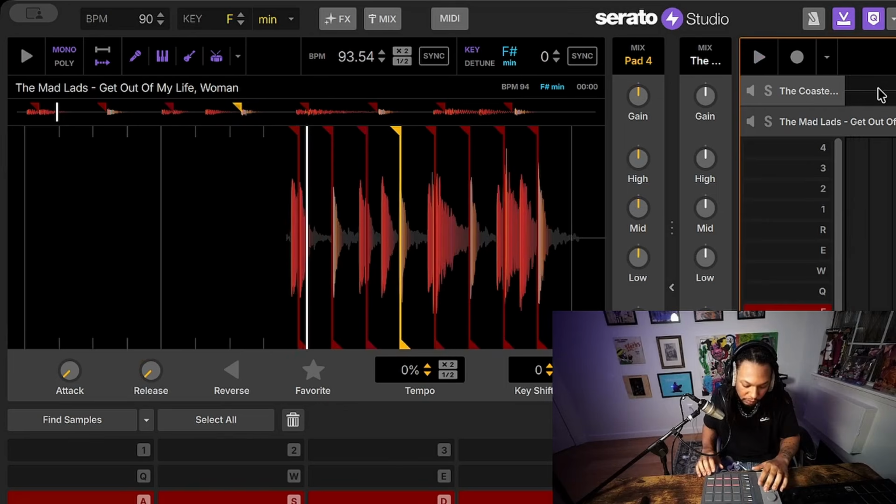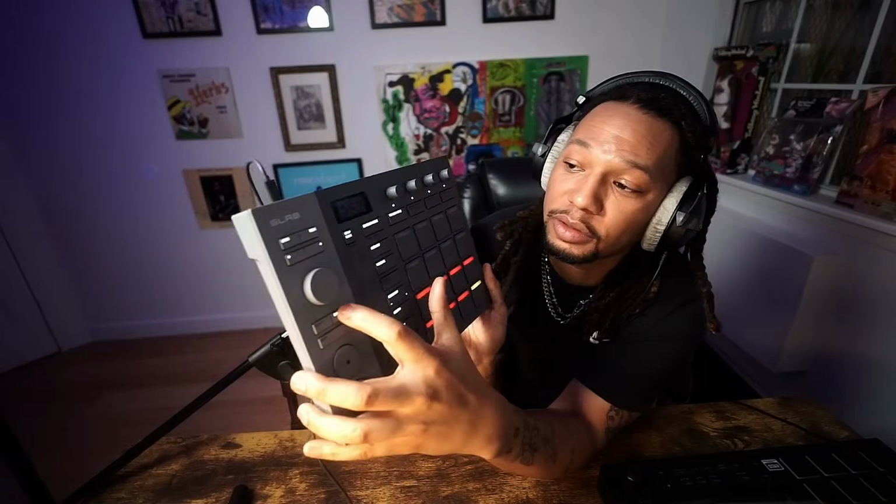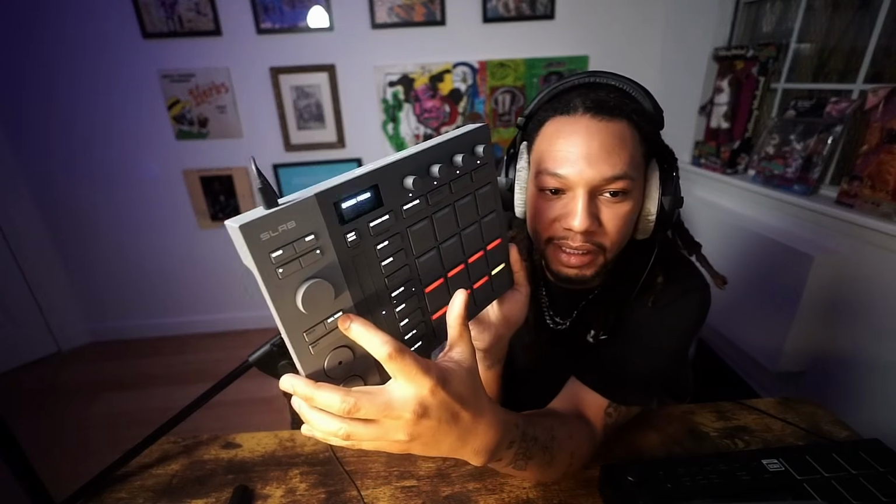Something we can do, this is something people keep asking: how am I editing my chops with this? So on the Slab, I'm gonna show you this. You guys see this up close, because I think people are missing it. I don't know how, but I'm gonna go through it real quick. So when you're in the Slab, and I go dial mode, strong scrub, library, deck scrub, slice edit. When you hit slice edit, now I can see I'm moving a knob to choose where that edit, that the chop, is at.